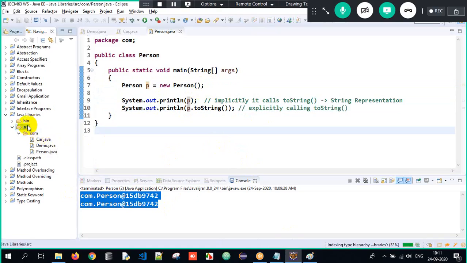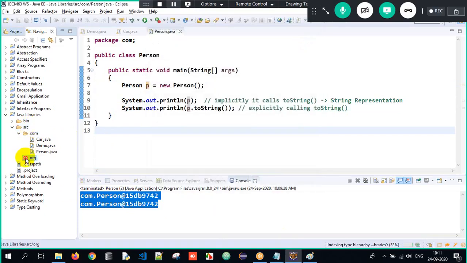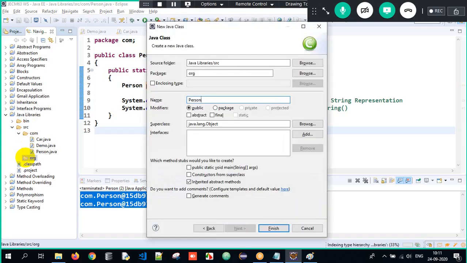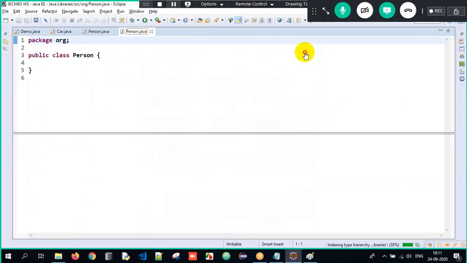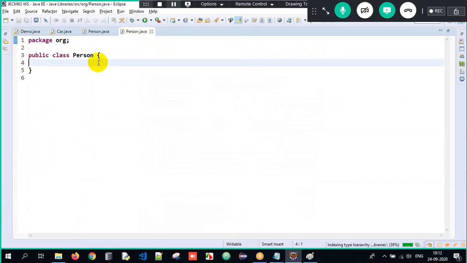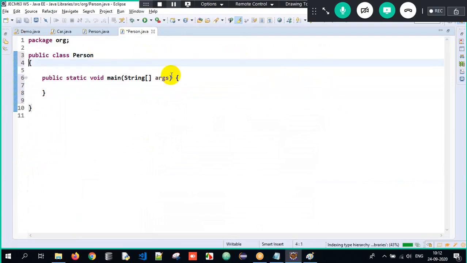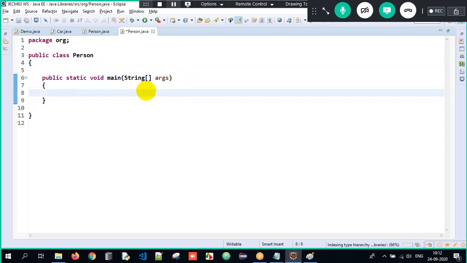Clear? Now I will create a package called org, and under that org I will create the same class called Person. In that Person class I will have my main method, wherein the execution will begin. I will just create an object of Person: Person p = new Person();